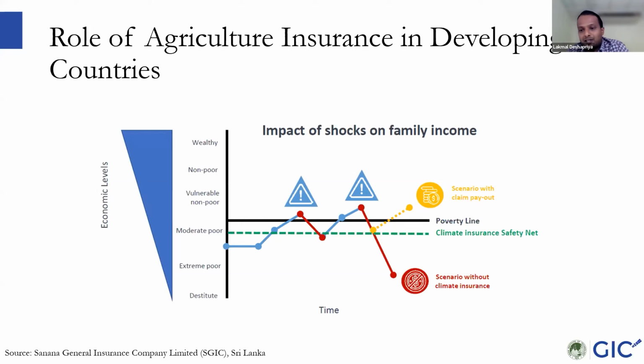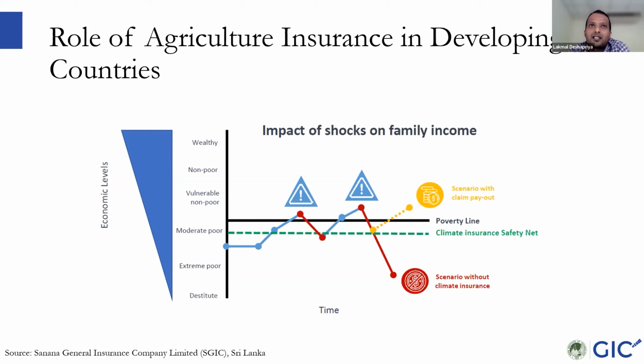So usually farmers have their yield going up and down every year, but they can manage it if it is not that big. So once in a while, like every 10 years, they are hit with a big disaster, like a big drought, and then yield drastically drops. So it's very hard for them to come out from such a disaster by themselves. So having this kind of insurance helps them to come out of such large disasters.